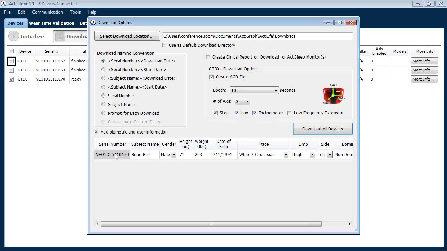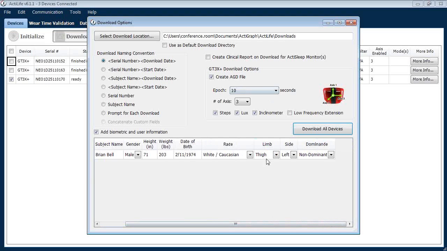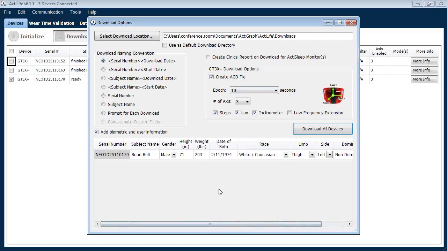You'll notice that down here we have all the biometric information that Brian entered when he initialized his device. This is not only helpful to store in the AGD, but it's also just a good thing to check: am I grabbing the right device? And this is Brian's device, so this looks good to me. So I'm going to go ahead and download,